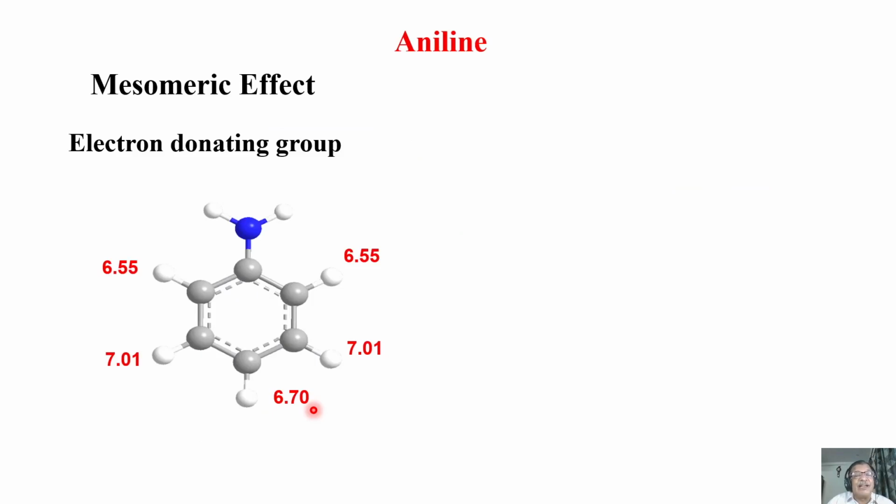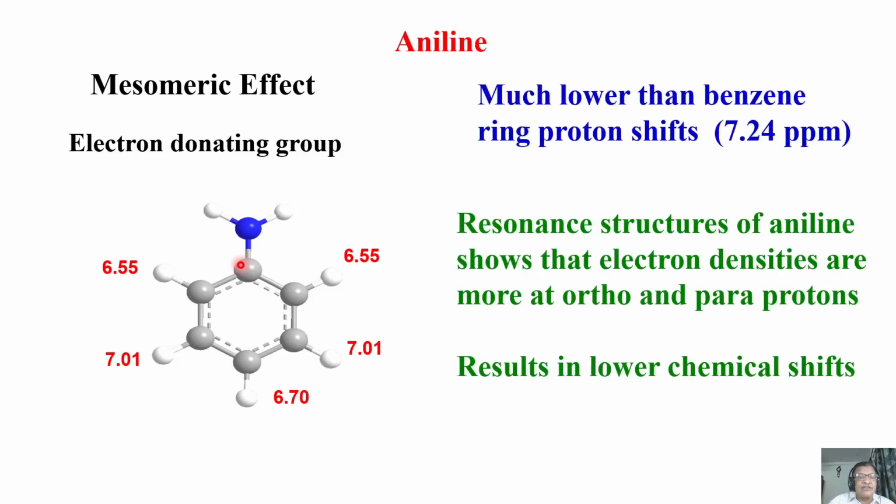The same mesomeric effect, let us see in the ring system. Let us take aniline. Aniline, you know the structure? C6H5NH2. Now, what is the resonance structure of aniline? If you go through the resonance structure, the electron densities are more at the ortho position and at the para position, and less at the meta position. This you all know from the mesomeric effect, how the charged electrons start moving in this ring.